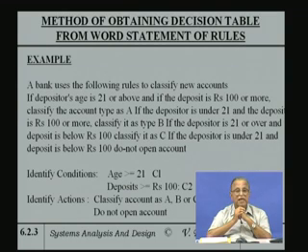If a depositor's age is 21 or above and the deposit is rupees 100 or more, classify the account as type A. If the age is under 21 and the deposit is over 100 rupees, classify it as type B. If the age is 21 or over and the deposit is below 100, classify it as C. And if the age is under 21 and the deposit is below 100,